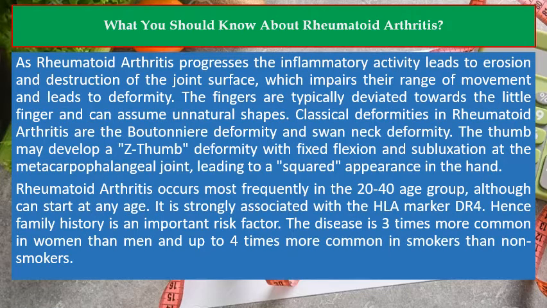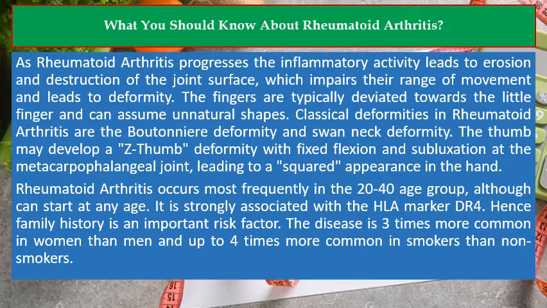As rheumatoid arthritis progresses, the inflammatory activity leads to erosion and destruction of the joint surface, which impairs their range of movement and leads to deformity. The fingers are typically deviated towards the little finger and can assume unnatural shapes. Classical deformities in rheumatoid arthritis are the boutonniere deformity and swan neck deformity. The thumb may develop a Z-thumb deformity with fixed flexion and subluxation at the metacarpophalangeal joint, leading to a squared